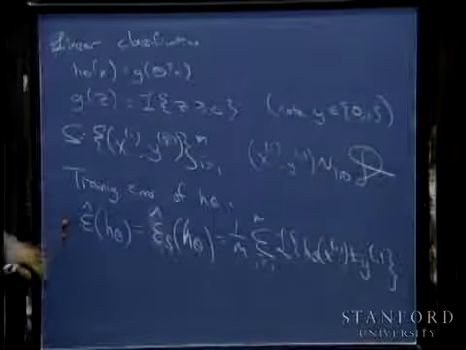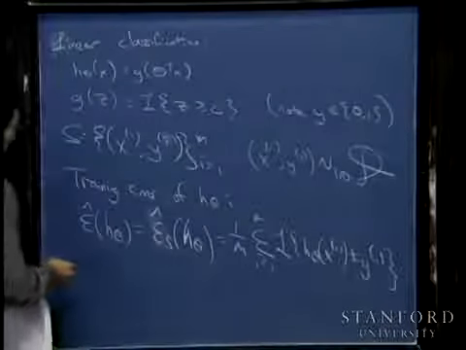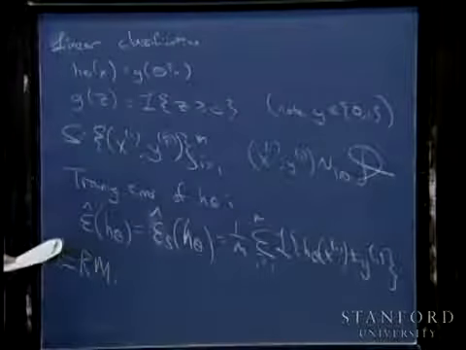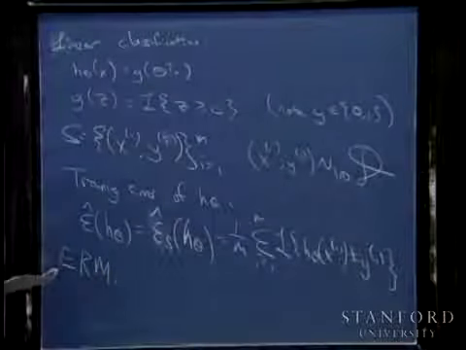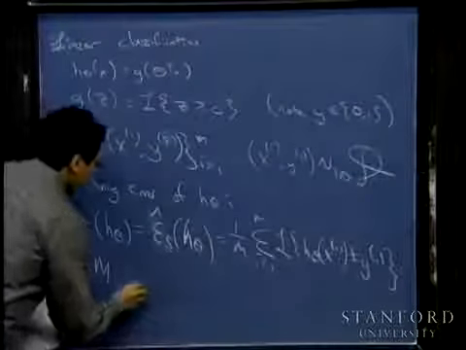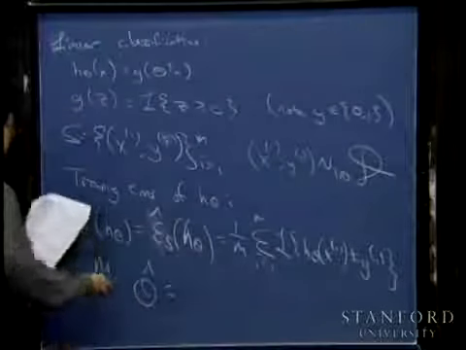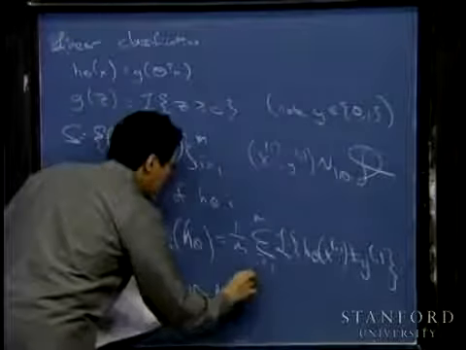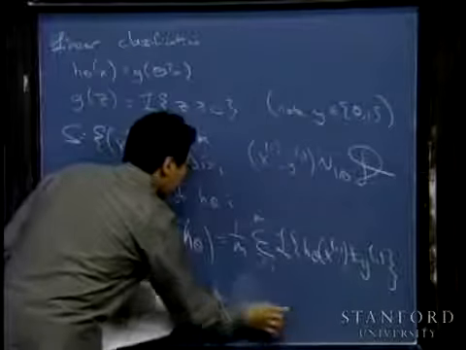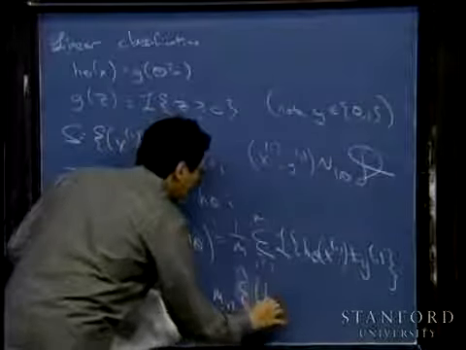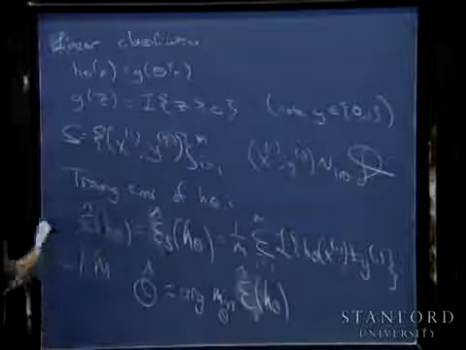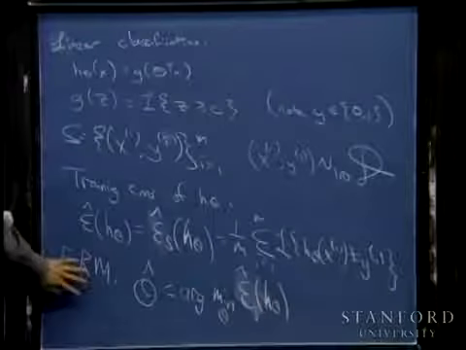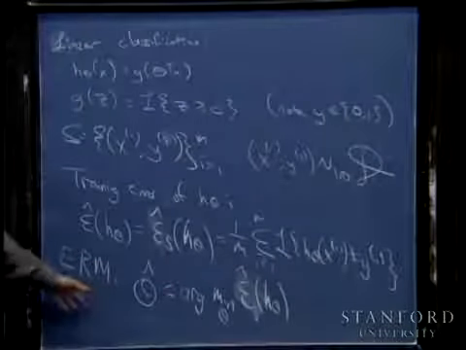And training error is also called risk. And the simplified model of machine learning I'm going to talk about is called empirical risk minimization. In particular, I'm going to assume that the way my learning algorithm works is it will choose parameters theta that minimize my training error. Okay? And it will be this learning algorithm that I will prove properties about.